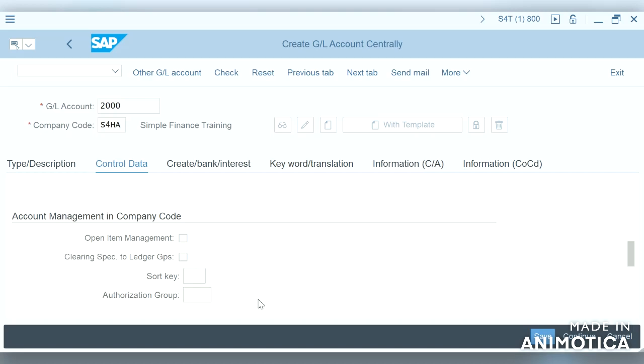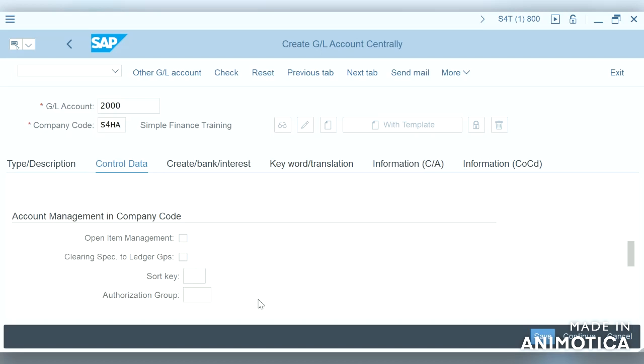For vendor and customer line items it is not required because it is inbuilt in the vendor and customer line item reports. We can see it in detail through the line items, but it is not recommended for the reconciliation accounts, so reconciliation GL, because the subledgers are by default activated with line item display.